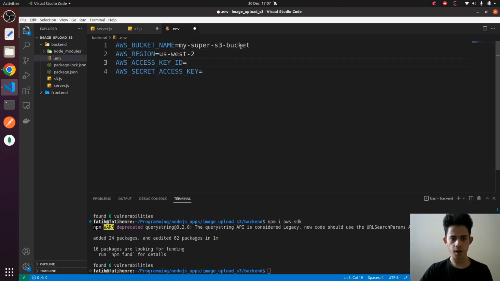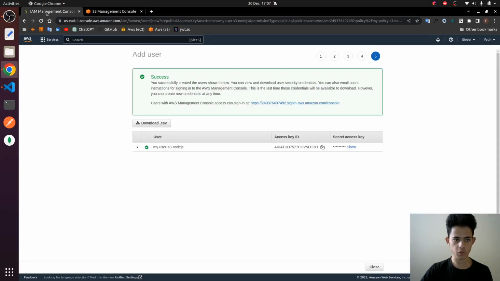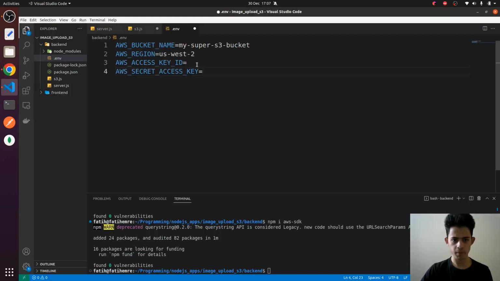So this is the bucket name, and this is the region where the bucket exists. For the access key ID and secret access key, we're going to fill those with our user credentials. I'm going to copy my access key ID and paste it in here, and now I'm going to copy and paste